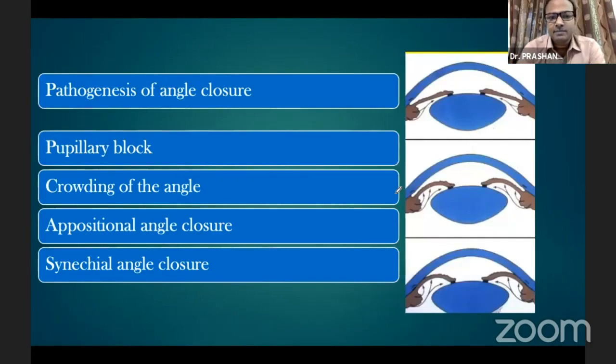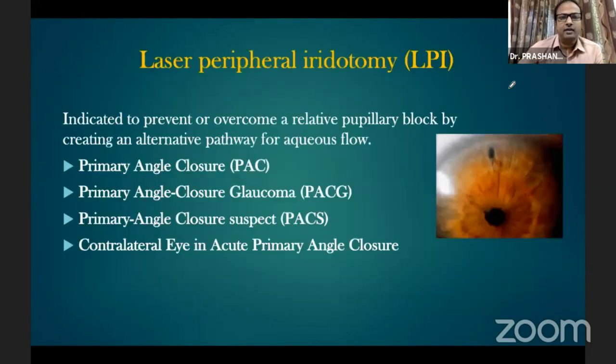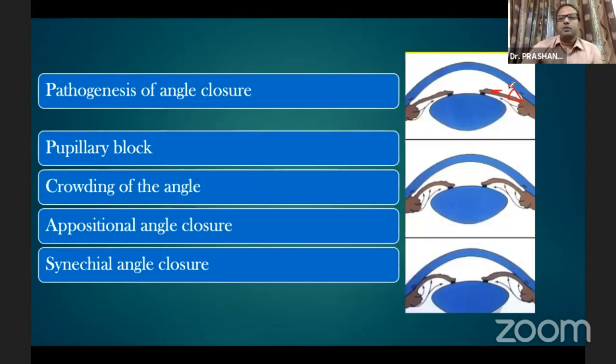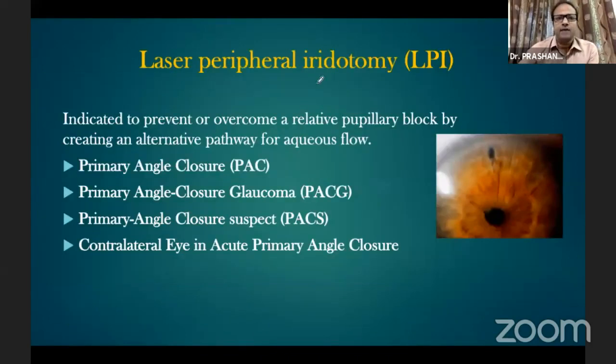To understand the management of angle closure, we have to first understand the pathogenesis of angle closure. The first event is usually a pupillary block, which leads to anterior bowing of the iris, and then crowding of the iris, which leads to a positional angle closure. And further, if we don't interrupt the process, it will lead to a synechial angle closure, and then an episode of angle closure glaucoma. So to prevent all this from happening, we can do a laser YAG peripheral iridotomy, which